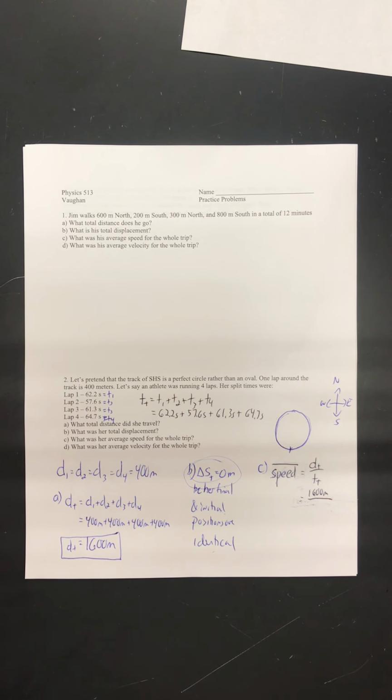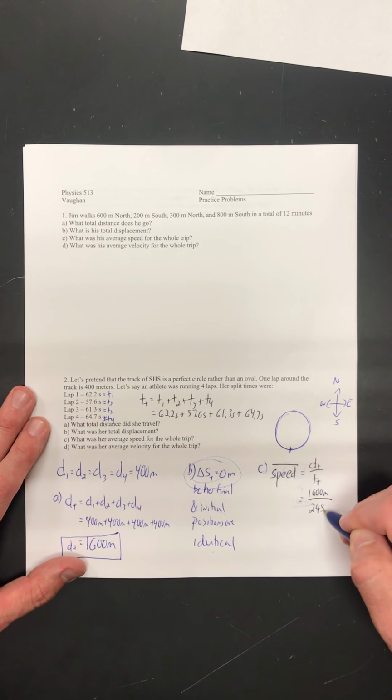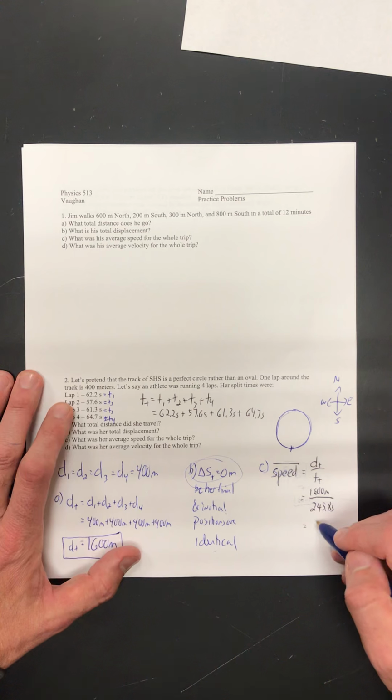Okay, 61.3 plus 64.7, and we get 245.8 seconds, and we can throw that in our calculators then in order to calculate what our average speed is. So 1,600 divided by 245.8 seconds gives us